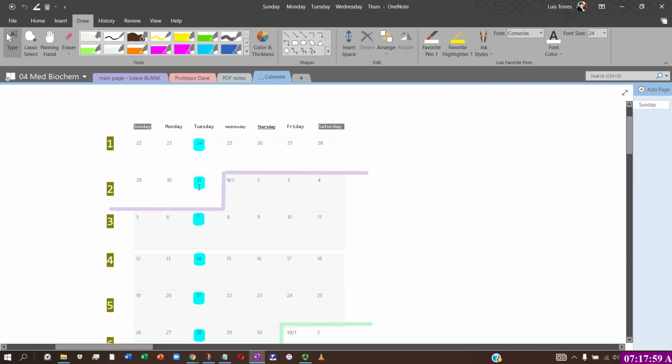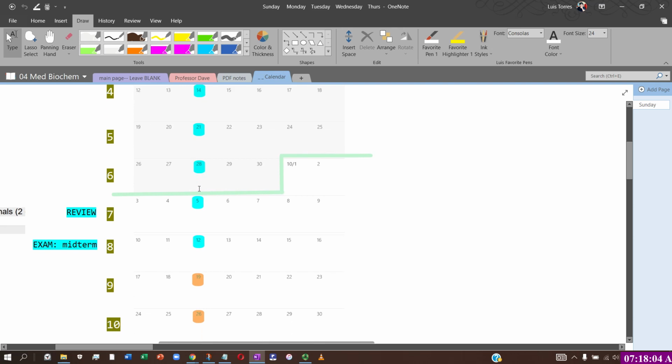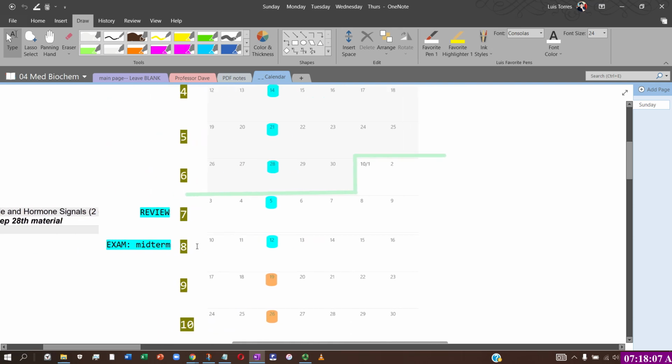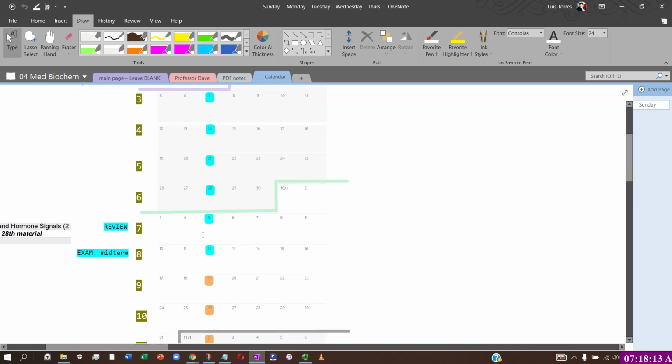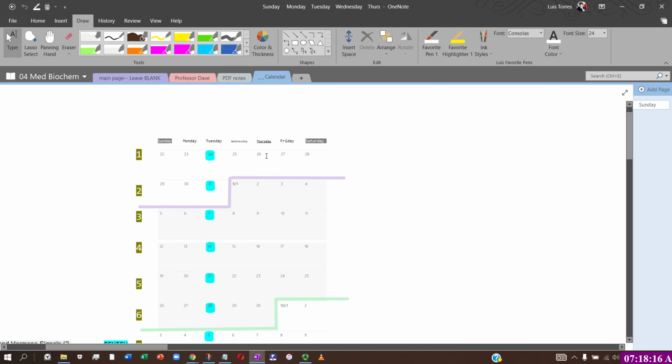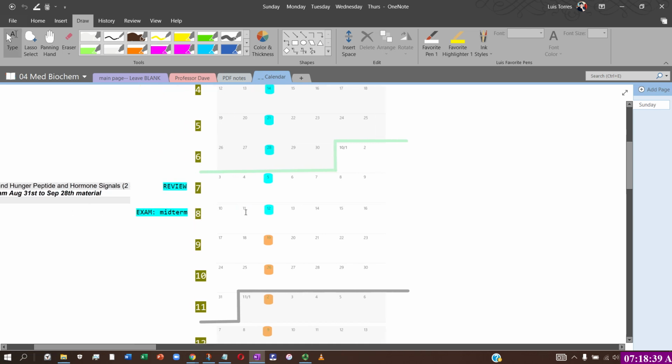So everything highlighted in this blue color, down to here, all of these sessions pertain to the first half of the course. That covers August, and then all of this right here is September, and then it goes a little bit into October. On October 12th is the midterm exam, and that covers everything in blue. We have a review day,